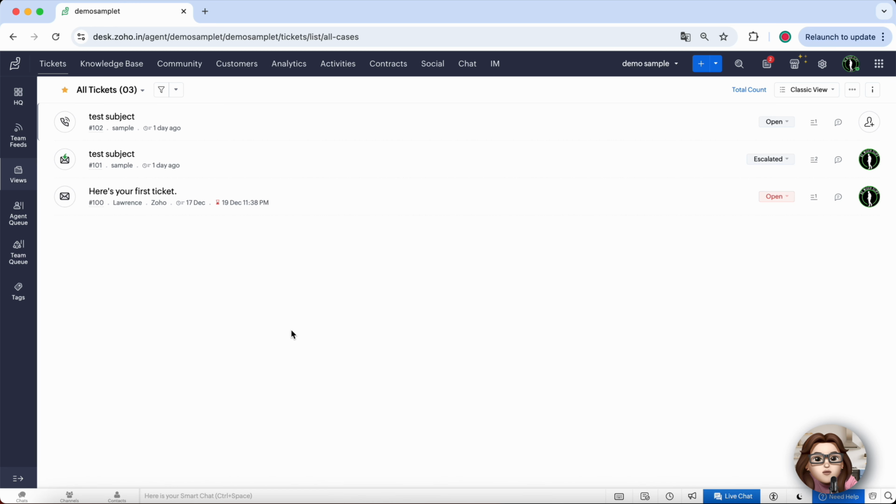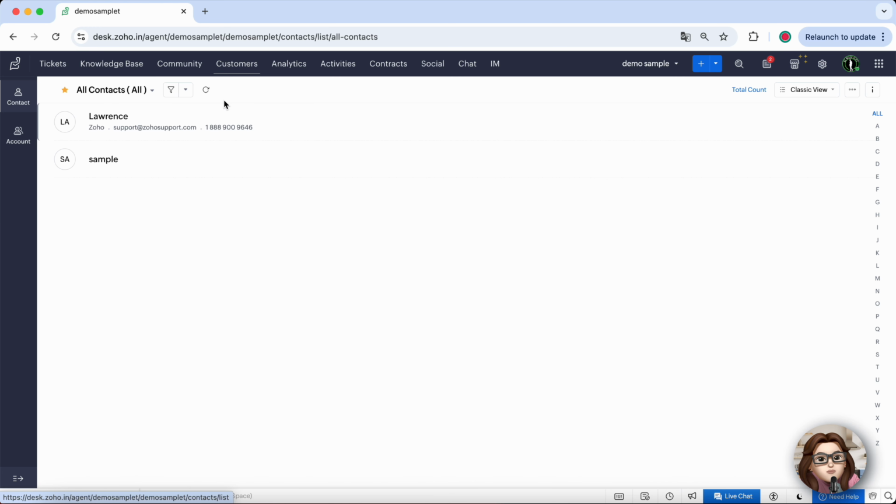Start by logging into your Zoho Desk account. Once you're on the dashboard, look to the left side menu and head to the Customers module. This section is where all customer and contact related data is managed. Inside Customers, click on Contacts to open the Contacts page where you can see a list of all existing contacts